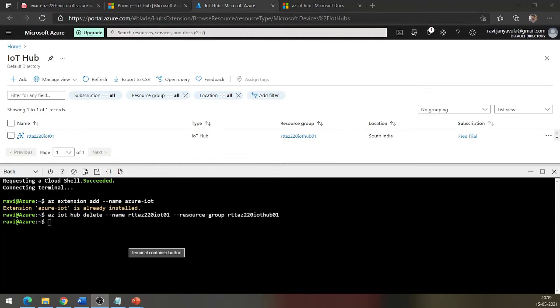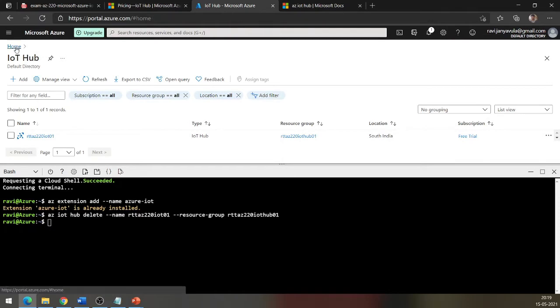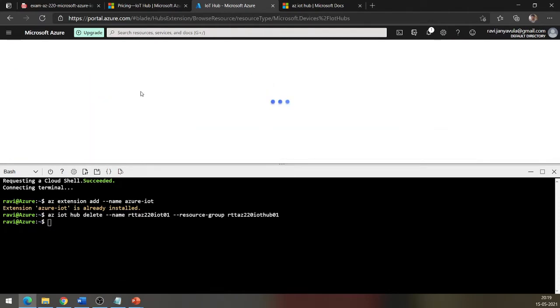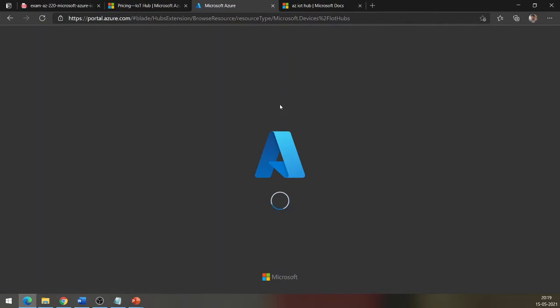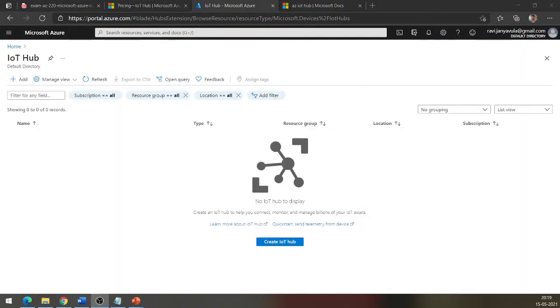Once the IoT Hub is deleted, you can refresh this panel here to check if the IoT Hub has been removed correctly. After refreshing the browser, you can see that the IoT Hub has been removed.